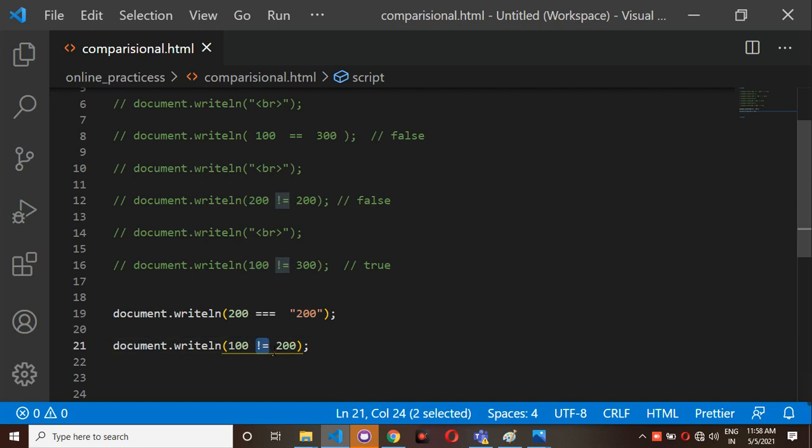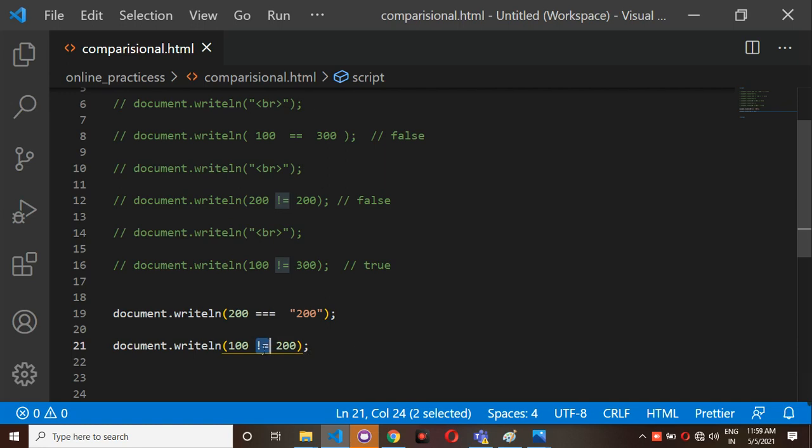The not equal to operator means if both values are not equal, then we will get true as the output. If both values are equal, then we will get false as the output.